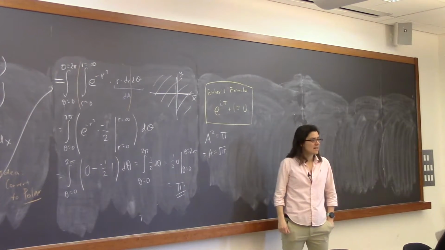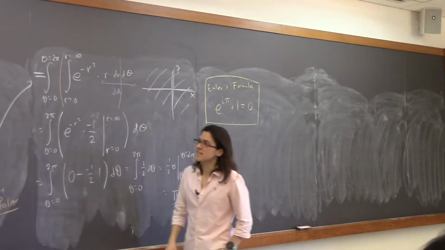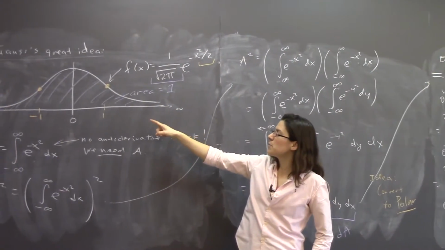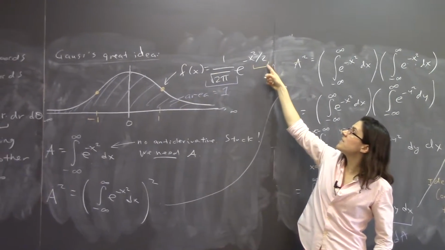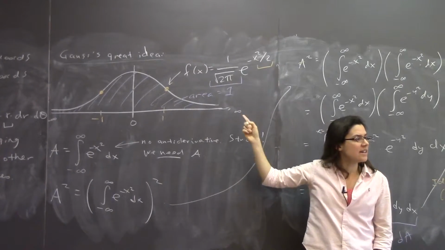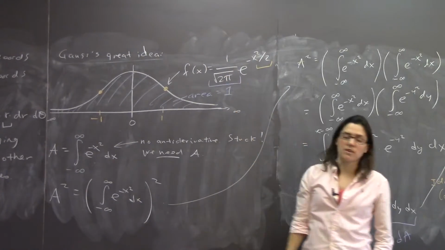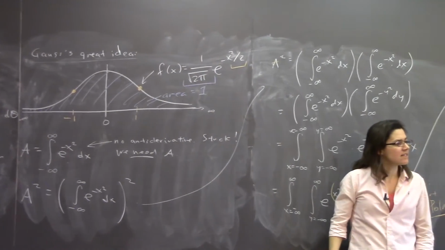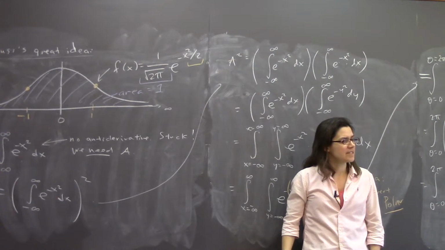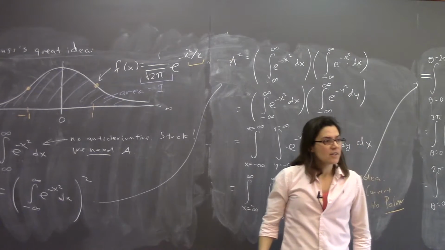Amazing. And if we had decided in advance that we wanted to put our inflection points at negative 1 and 1, we would have had this divided by 2 thing, and so we would have gotten that the area was 2 pi, and that's why this 1 over square root of 2 pi thing is in the denominator. Yeah. Questions or ideas?